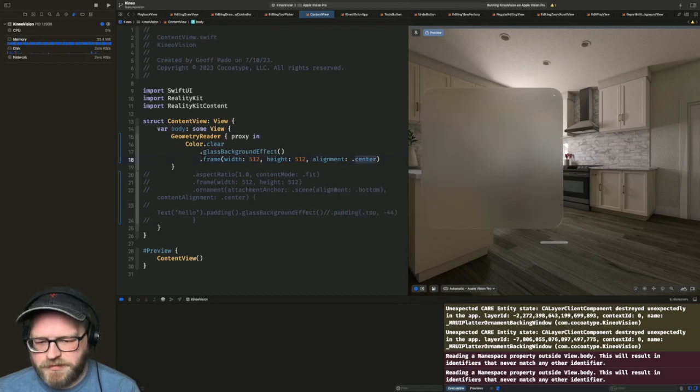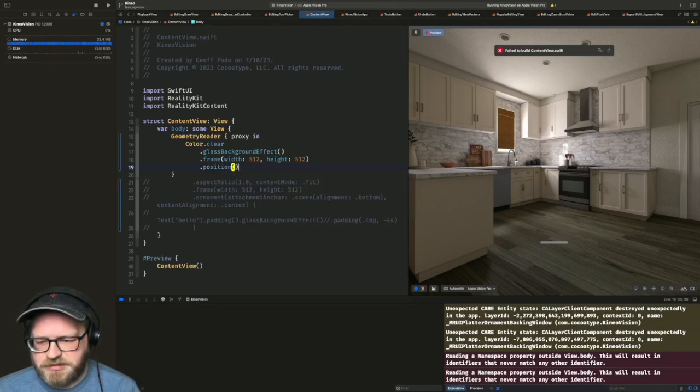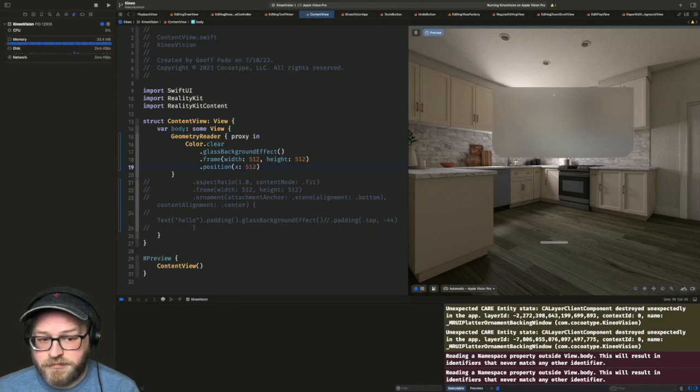And that doesn't work. Positions the center of this view at the specified point in its parent coordinate space. Oh, here we go. Okay. So let's put the center of this at proxy